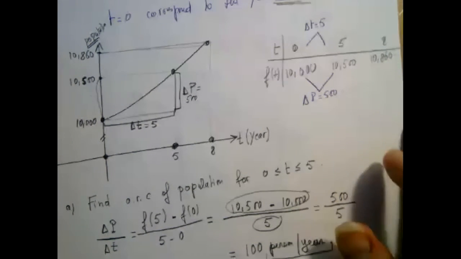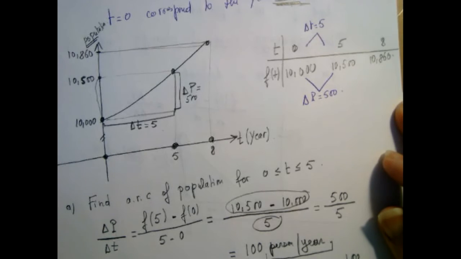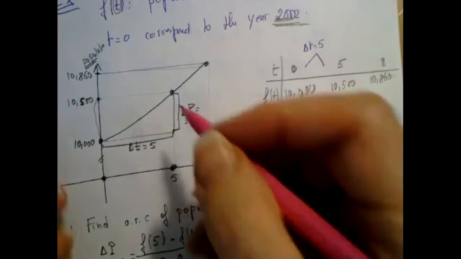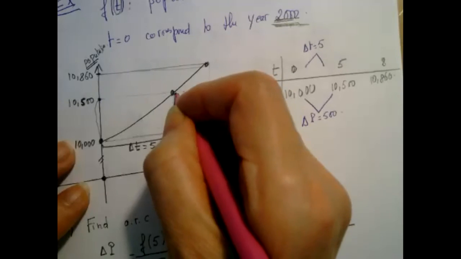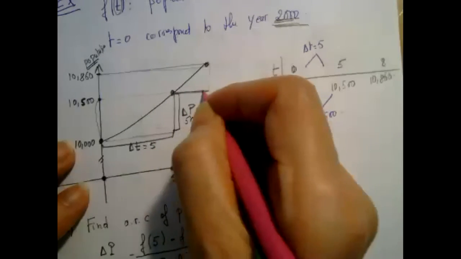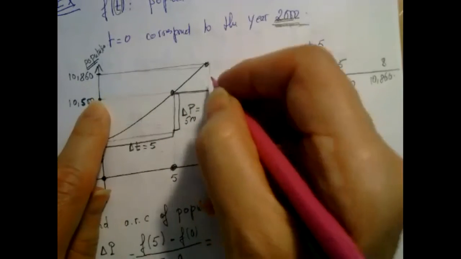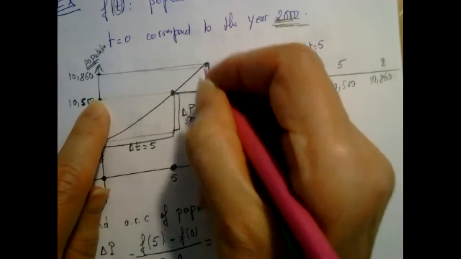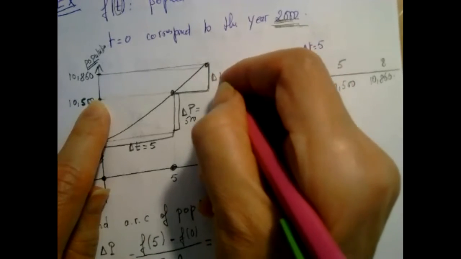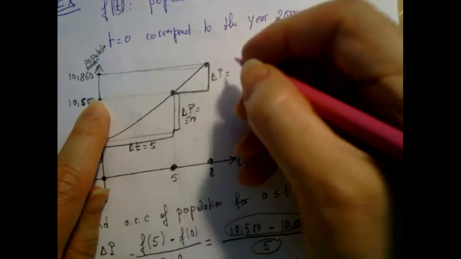What's the unit, Matt? 120 what? 120 people a year. Right, 120 people per year. So let us see again. Between 5 and 8, the population, so during this time interval, at 5 we were at 10,500, and the population grew to 10,860. So in this time interval, the change in population was